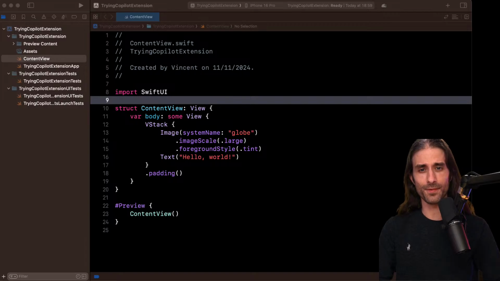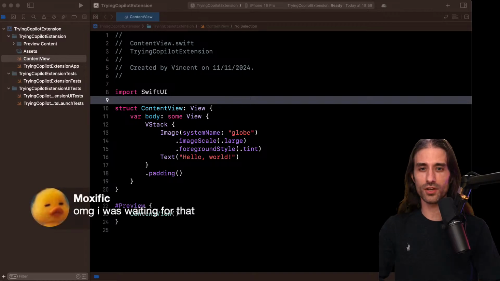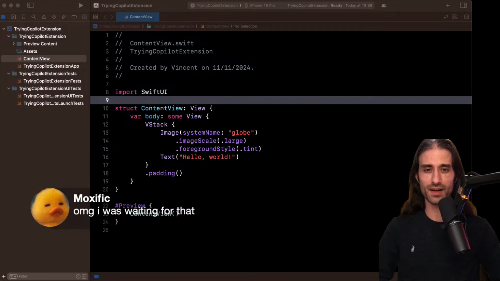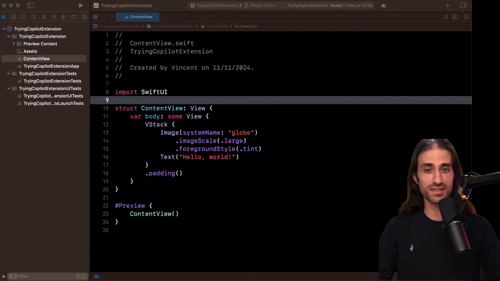Now, yeah, you were waiting for that. I was waiting for that, I'm not gonna lie, because as much as I was excited when I tried Copilot within VS Code, the fact that you had to do a back and forth between VS Code and Xcode, I'm not gonna lie, except for the videos, I never used it in real life just because of that. But now it's integrated into Xcode, so we'll see how it goes.